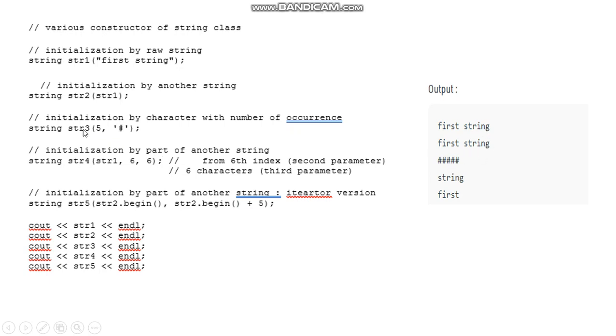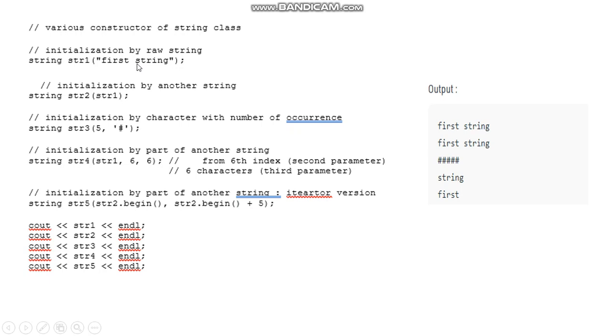The fourth string is created and we initialize some values. In str1, from index 6, the letters starting at the 6th position, up to 6 characters can be initialized to the variable str4. So here the 6th position is found: 0, 1, 2, 3, 4, 5, 6.